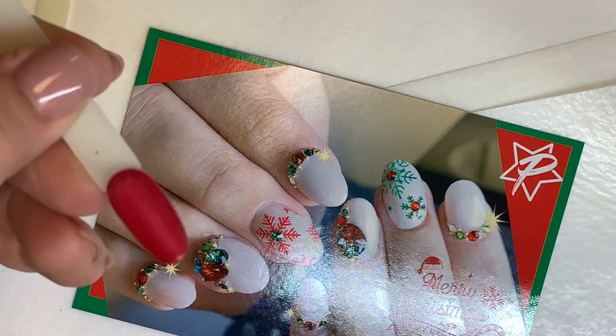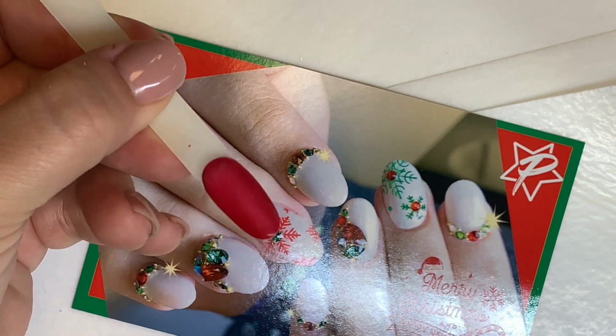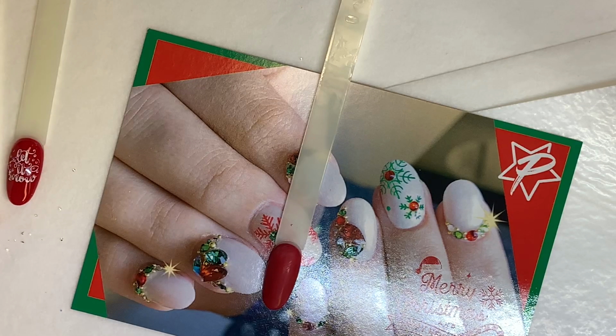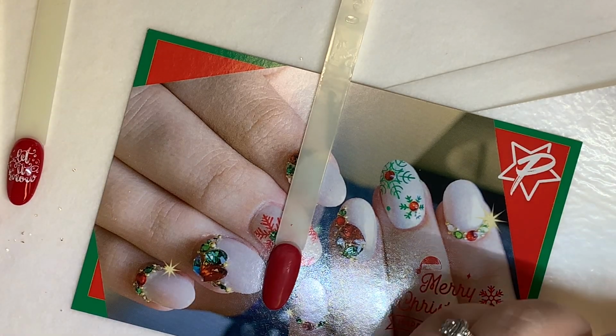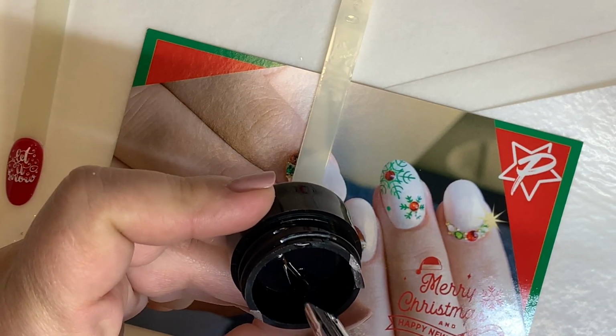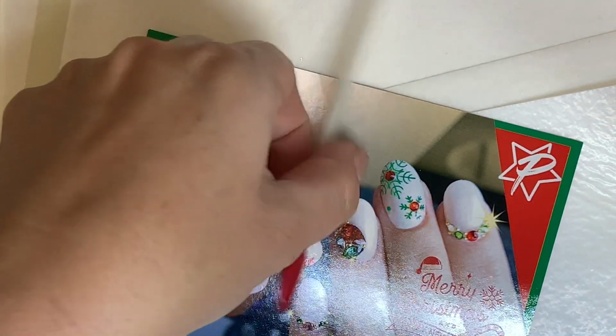Not applying too much pressure, because obviously I don't want to take too much color off. So we've got our basic 2 coats of red gel polish, then wipe the gel or the sticky layer, and then we went right into buffing. And now we're going to take our gem gel, and I'm going to get a nice dollop of it on my art brush,